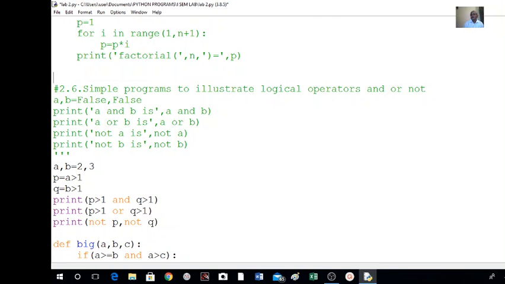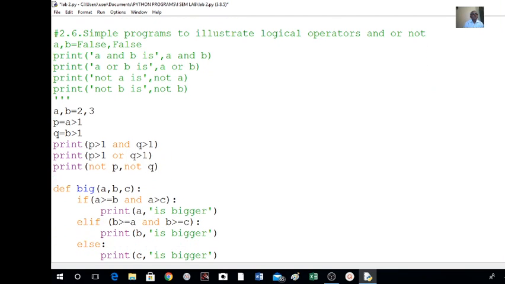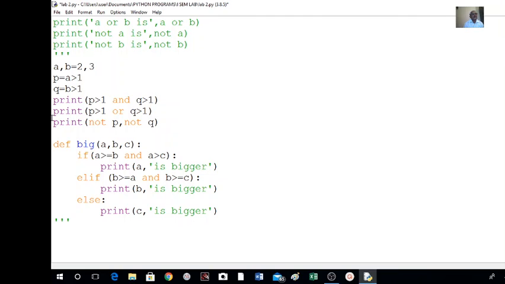Next example is similar to that. Same, I am using the logical operators only. So here I am assigning A comma B, A equal to 2 and B equal to 3.